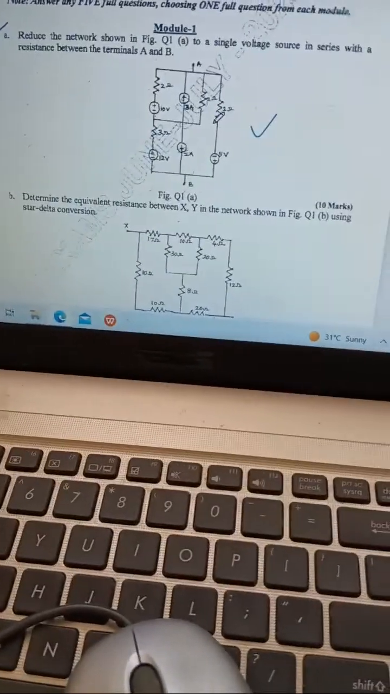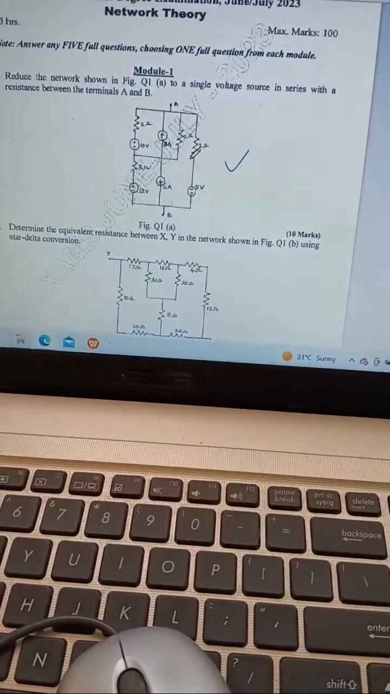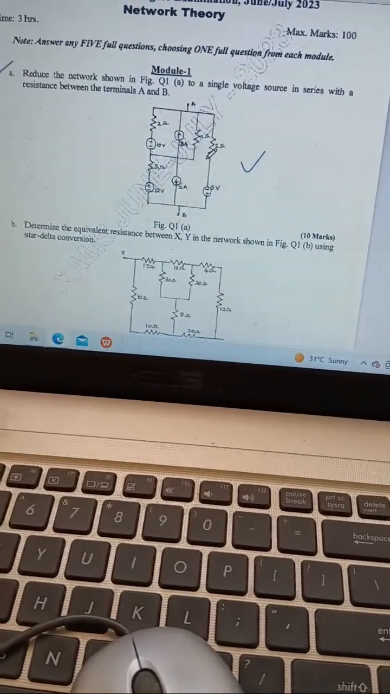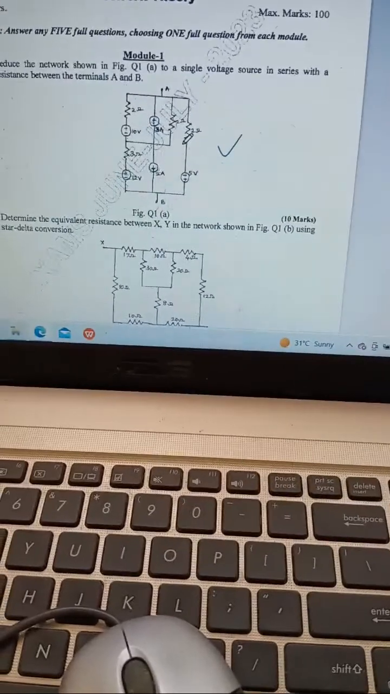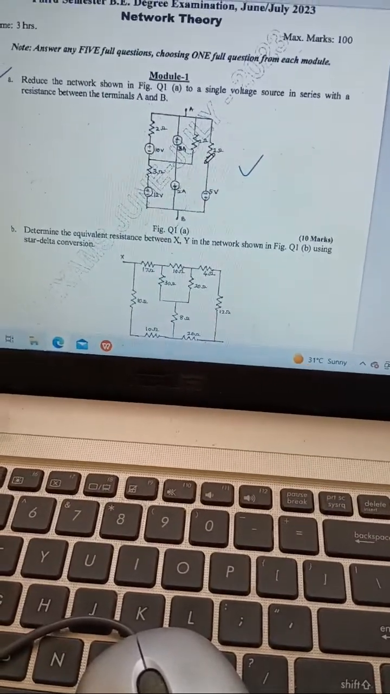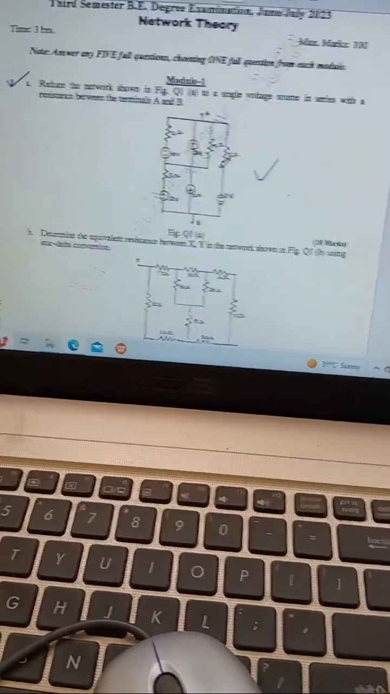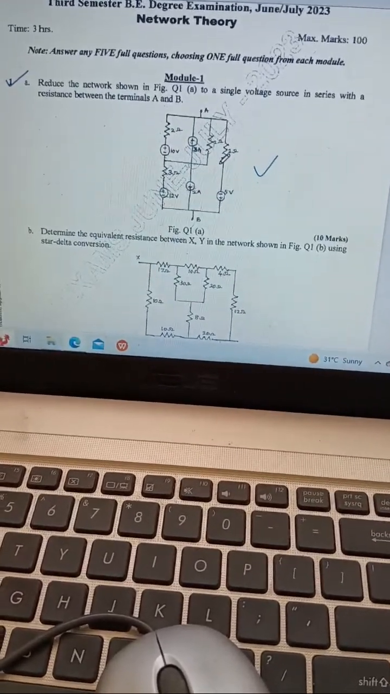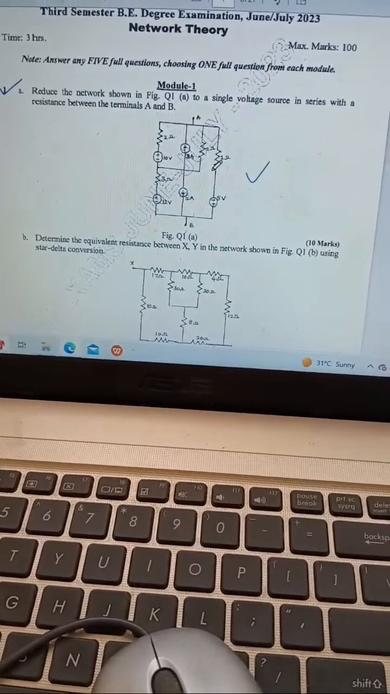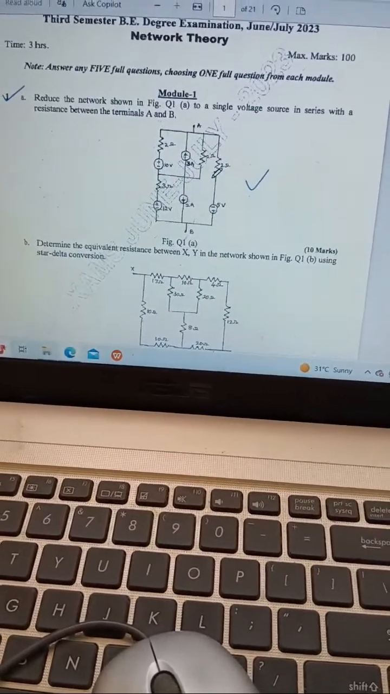As I said, what I have told you now is ideal voltage sources in series, ideal current sources in parallel, practical voltage sources in series, practical current sources in series, practical voltage sources in parallel, and ideal current sources in series, whatever I have told you. All this you have to remember. You have to remember the tips and tricks so that you can easily pass the